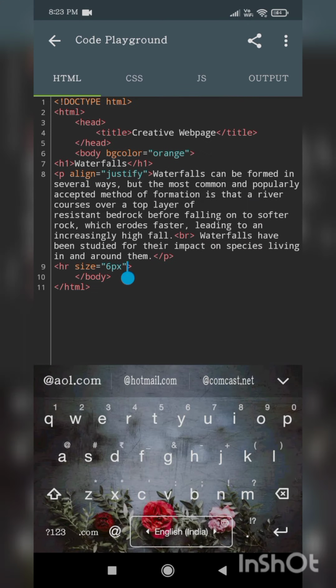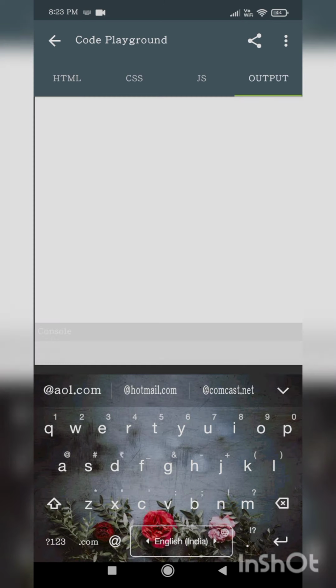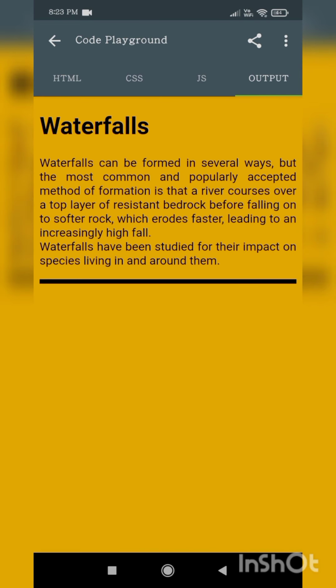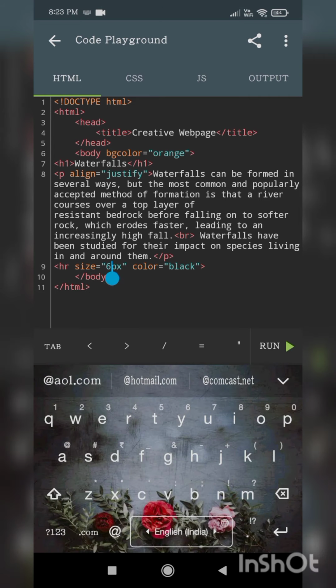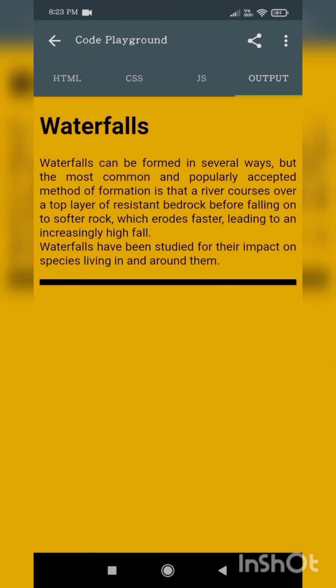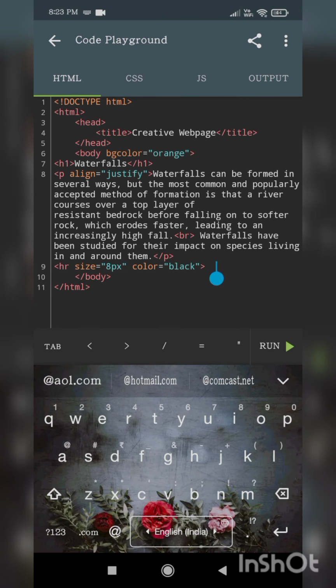And you can also set a color by using the color attribute. You have to write COLOR; you shouldn't write COLOUR. Remember that, my dear friends. I want to keep it black. Then you will get a black line separating the page in half across the horizontal line. This is known as a horizontal rule. You can also increase its size to 8 pixels like that. Then I'll write one more paragraph, and this HR is also an empty tag.